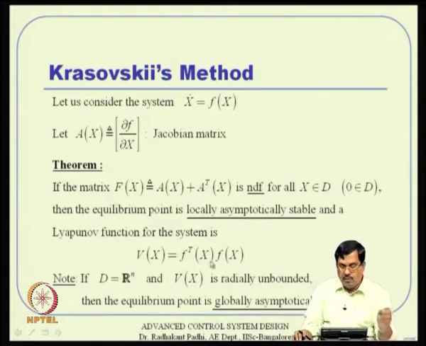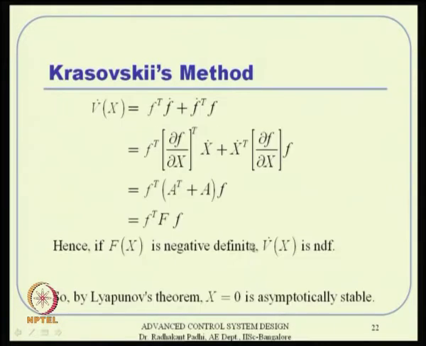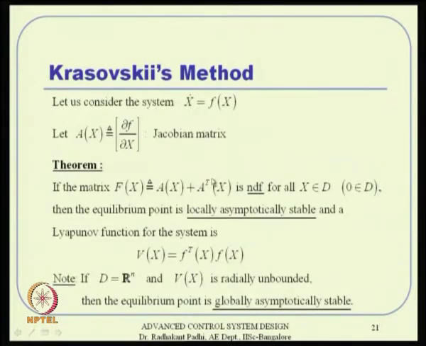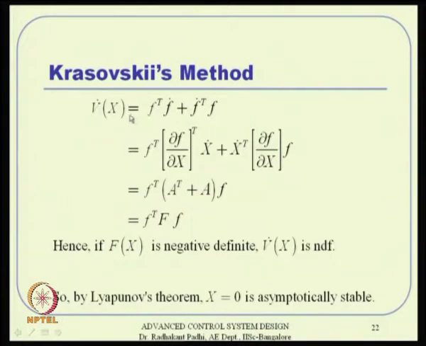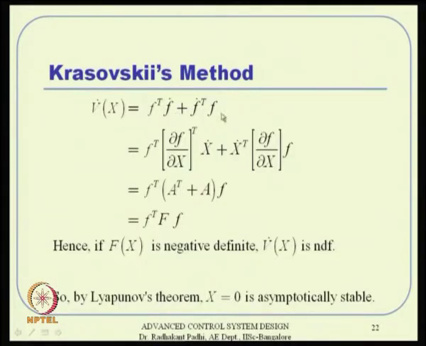Okay. And in addition to that, if this happens to be radially unbounded, of course, this f transpose f we do not have direct control on that, because f is a system dynamics actually. But if it happens to be radially unbounded, then it is also globally asymptotically stable. But realizing this, this intuitive feeling is not very difficult, because if you see V of x is that, the F transpose F, then V dot is nothing but that, and then F dot is nothing but del F by del x transpose and x dot and all that. Substitute all the expressions there, and then you tell okay, if the V dot is